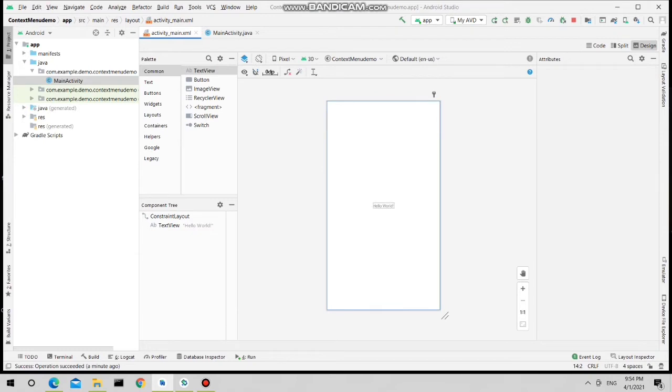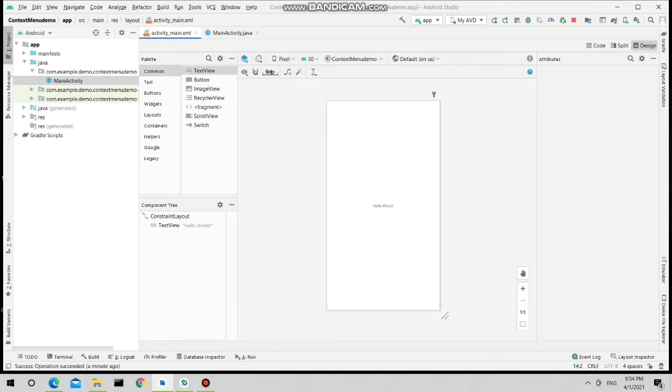In this session, I am going to demonstrate context menu in Android. So we already saw the option menu in Android. You know that option menus are always attached to the action bar or the title bar of your Android application, whereas context menus can be attached to any view in Android. That means whenever we long press any view, then context menus will be displayed. So you can attach a context menu to a button, text view, edit text, spinner, list view, or any other view in Android. Whenever you long click on any particular view, then the context menu will be displayed.